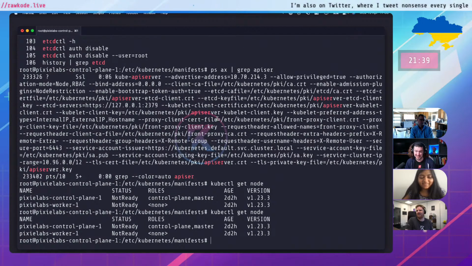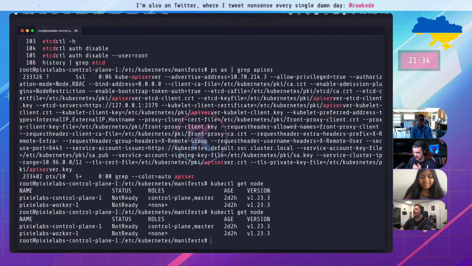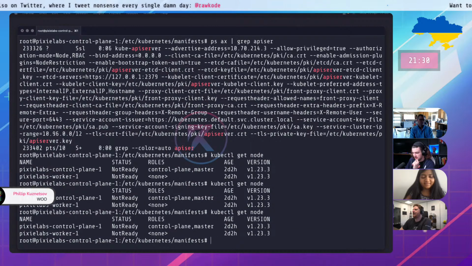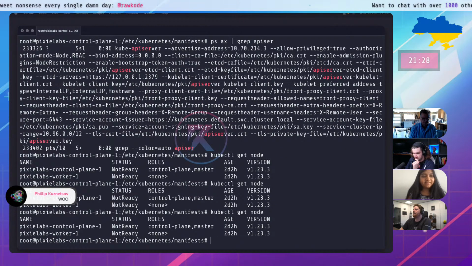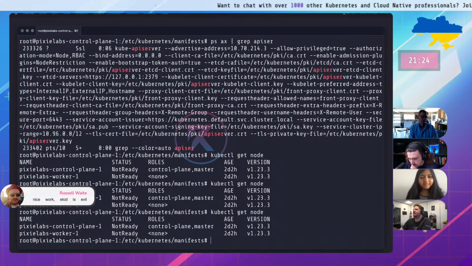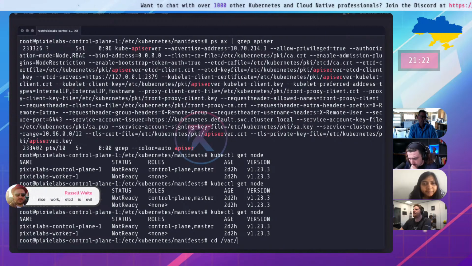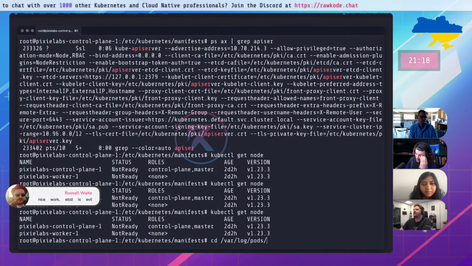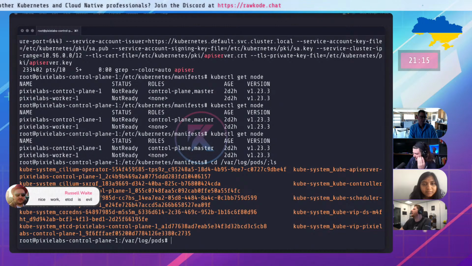We could give them just a second, but I'm guessing if they mess with etcd, they're not coming back. Yep. I guess maybe we check the... Can you actually just do a describe on the node?